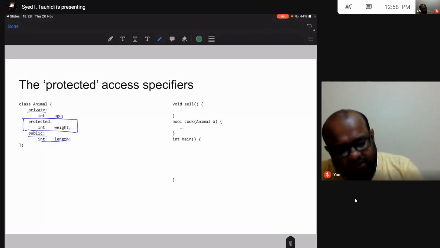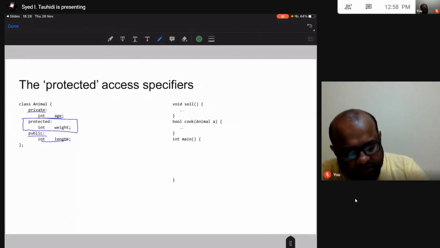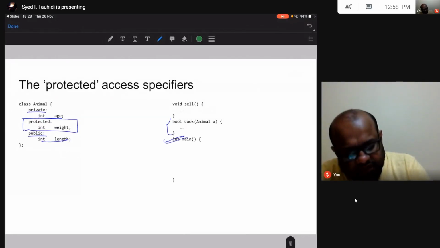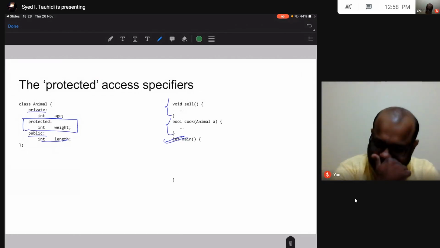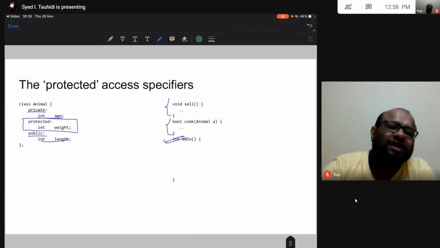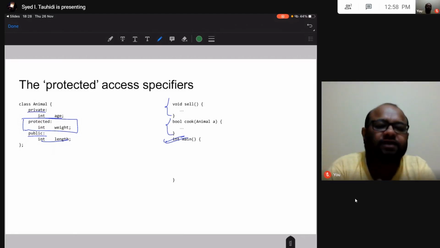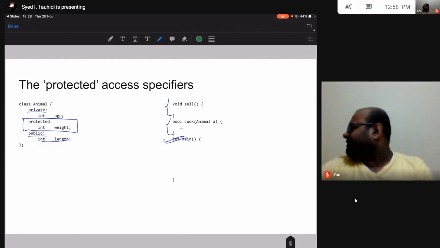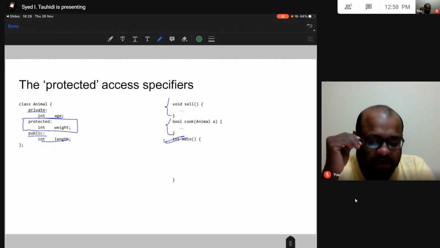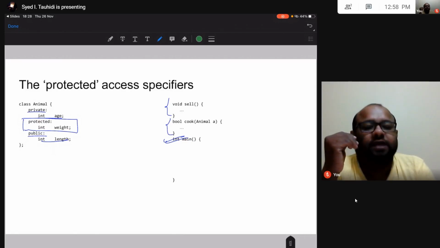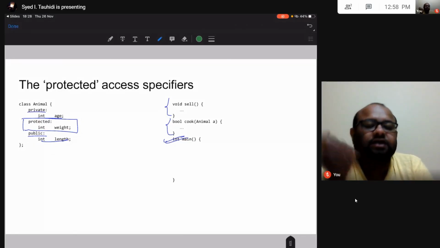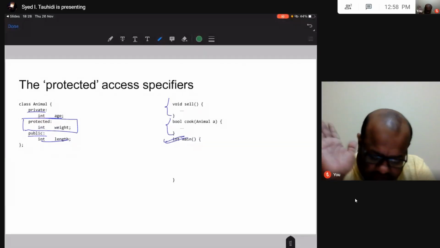Once again, let us skip that in this main function. Whatever we talk about in the main function is going to apply to these other functions as well. What are these functions? These are functions that are outside the class, and they are not friends of the class. So these are entirely separated from the class, in the sense that they are not friends and not inside the class.